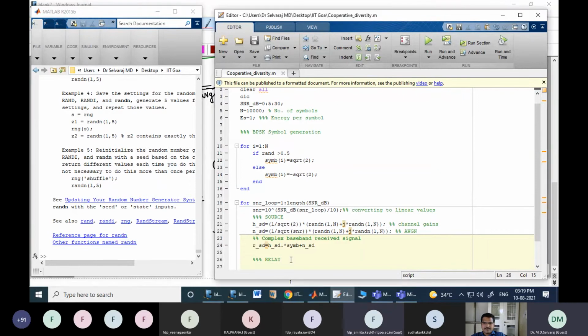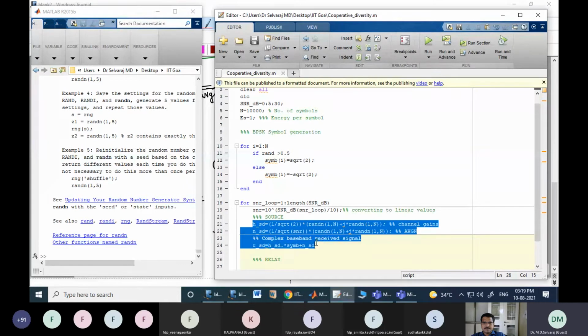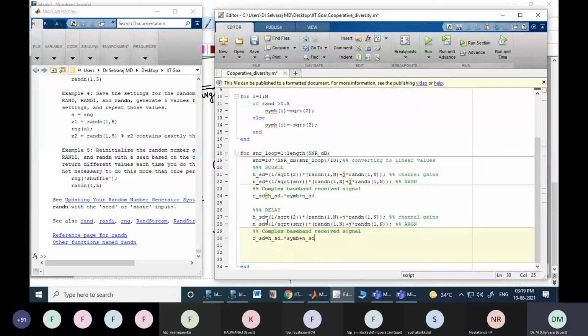Yeah, thank you. Now let us move on to the relay side, another set of equations, the propagation equation. Since it is going to be the same set, I am going to copy paste and change the variables alone. It is not the destination; it is going to be this random variable, an RSR. The channel is going to be HSR, and the noise is going to be NSR. This is what we get for the relay case. The relay's propagation equation, we got it.